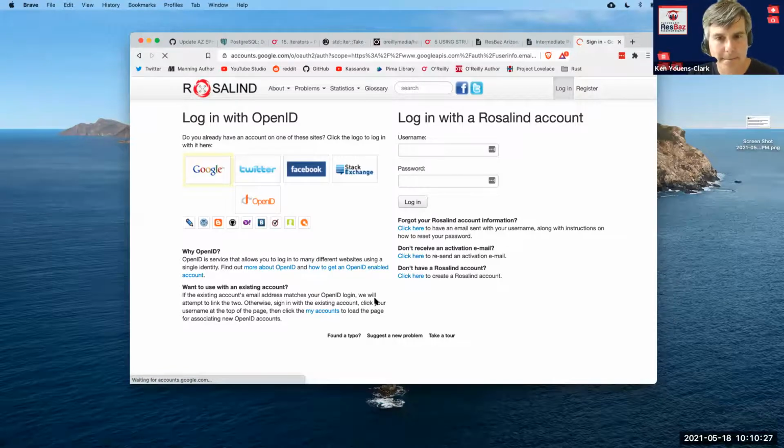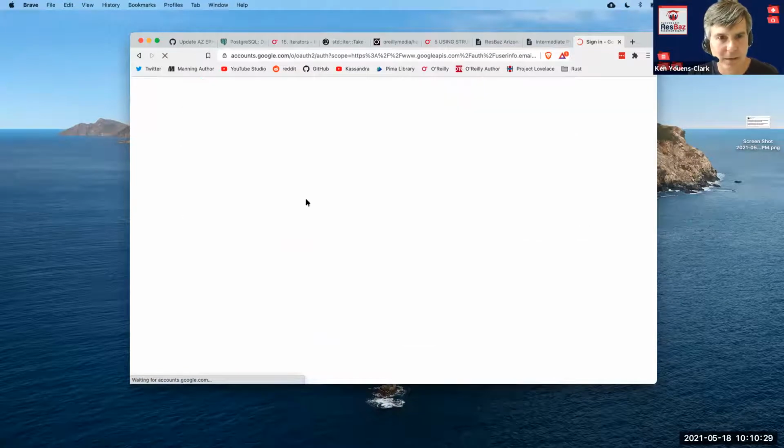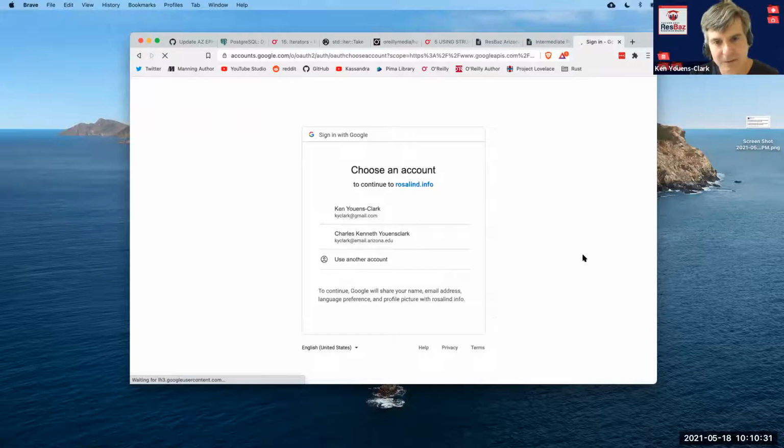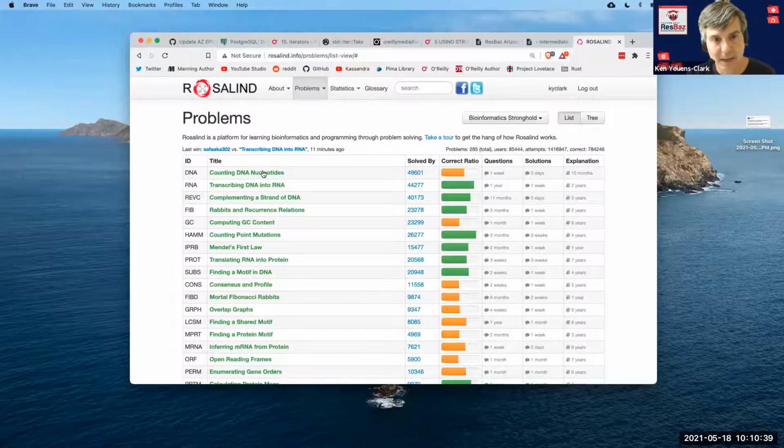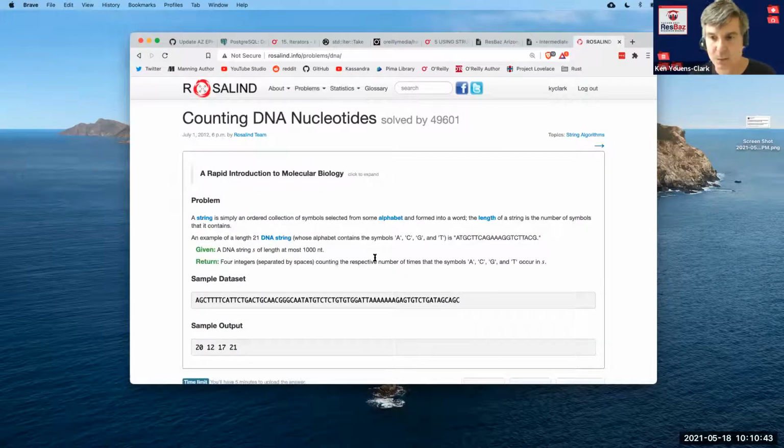On the Rosalind website, there are a number of bioinformatics challenges. They're very popular for learning bioinformatics, and they introduce a lot of the kinds of ideas that we use a lot in bioinformatics. Mostly what I'm going to be showing is how to write a command line program, so you could solve this in any language whatsoever.